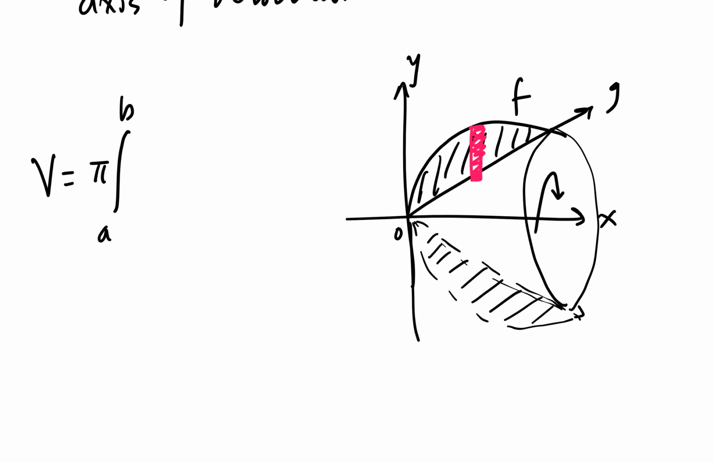Now I need to know how to deal with this one. In this case, the rectangle has two sides, the top one and the bottom one. The top one is the further one from the axis of revolution. I'm going to call it capital R. This is the closer one to the axis of revolution, right? So what I'm going to do is find